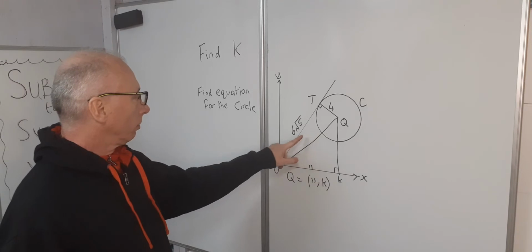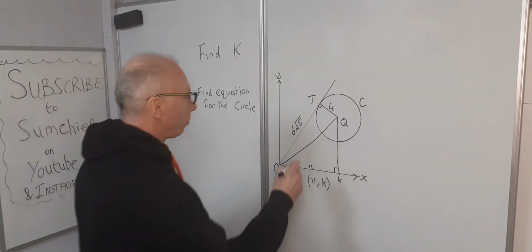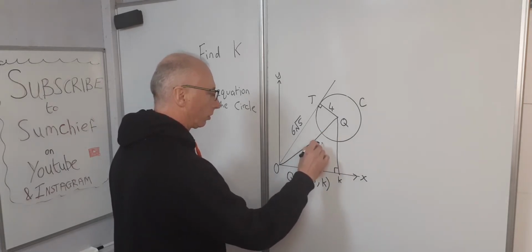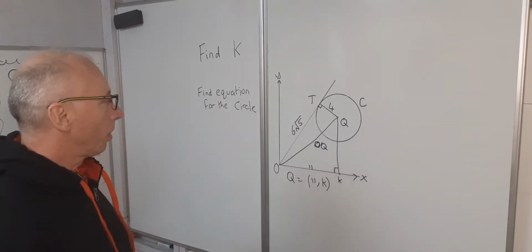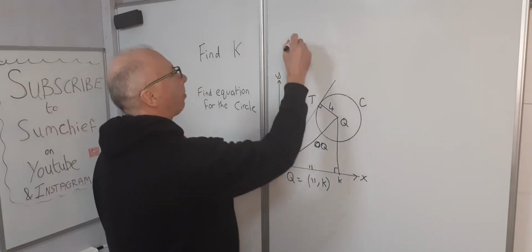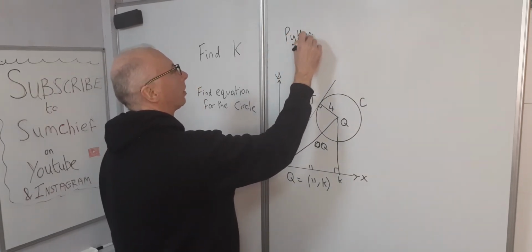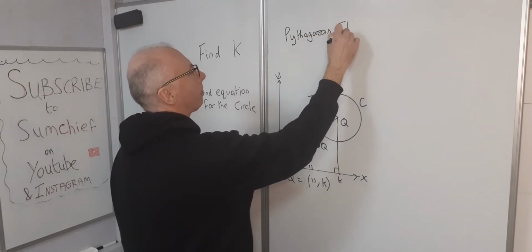We've got 6√5 and 4. So if we call this one OQ, what we can say is, by Pythagoras' Theorem,